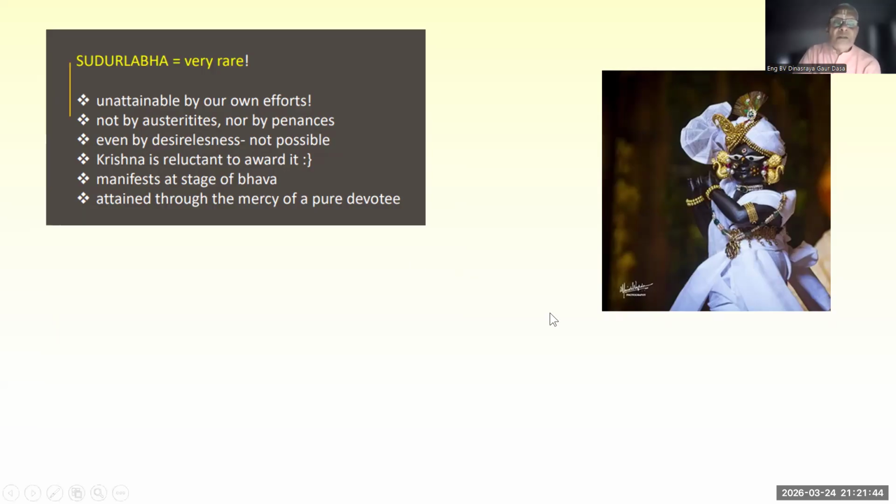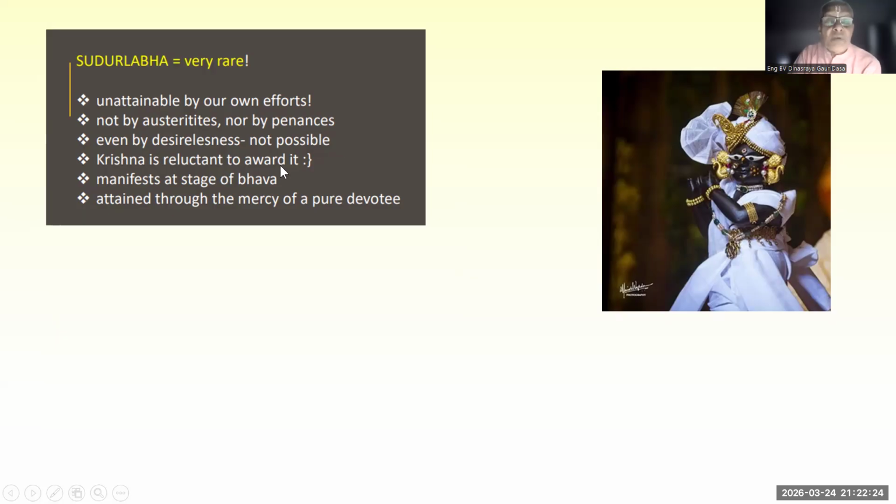So desirelessness: yogis and impersonalists have no desire because they are not having any relationship. They just want to merge. This is their only desire. Austerity and penances, Lord Krishna in Bhagavad Gita has already mentioned that even the austerities and penances performed in the mode of goodness are also binding, because the devotee ultimately enters into the cycle of birth and death. He may go by doing austerity and penances to higher planets, but as soon as the stock or balance of good acts, the punya karma, is finished, he descends down to this material world again.